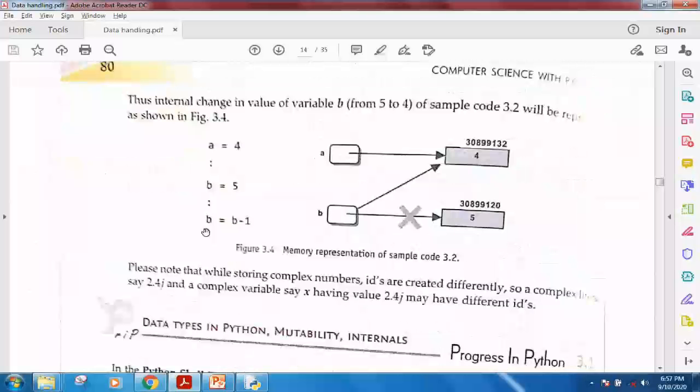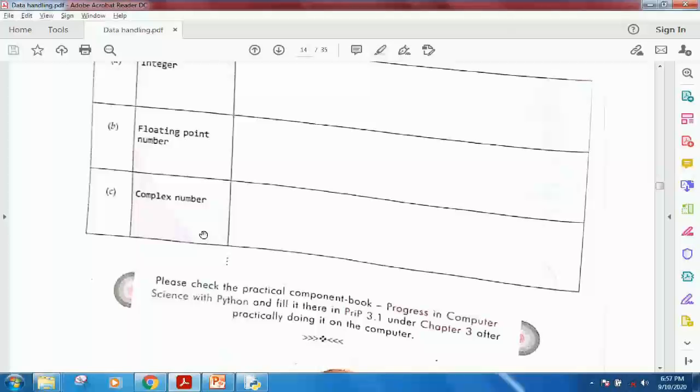Now next, the topic which we are now starting will be the